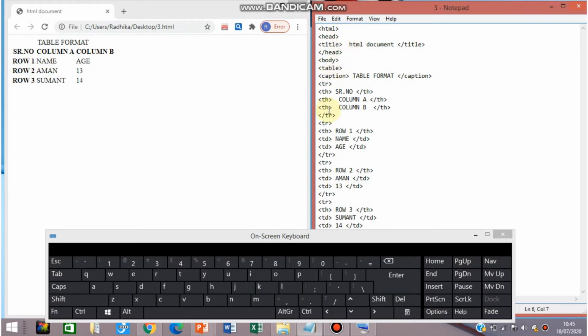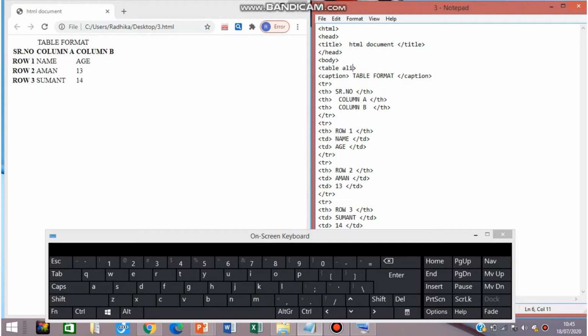Now we will see how to add the attributes to the table tag. Inside the body, when we are creating a table, the first tag that we are mentioning is table. Inside the table tag, you have to mention the first attribute that we are going to see, which is align.